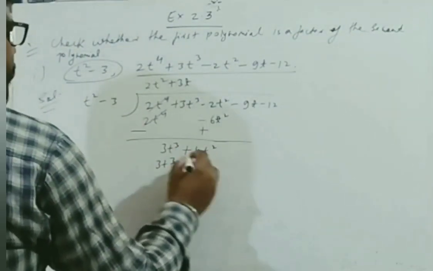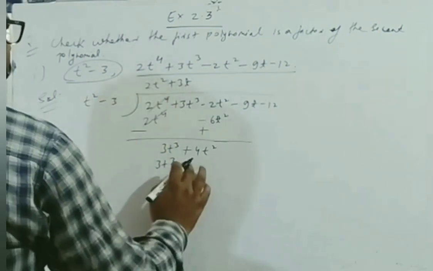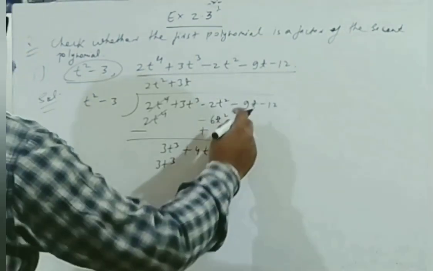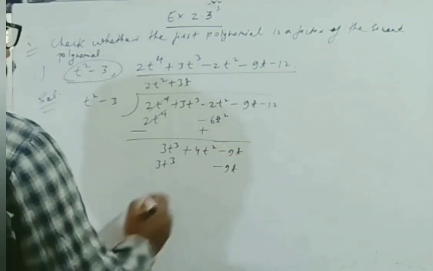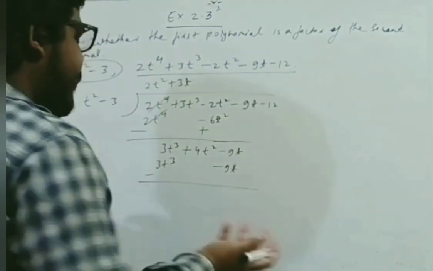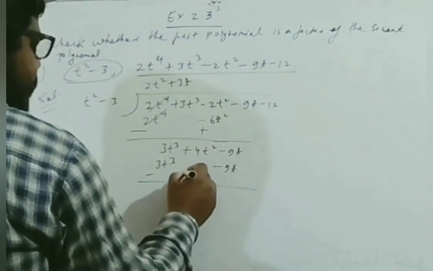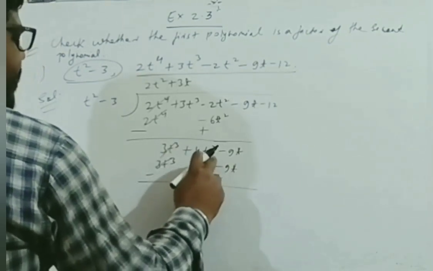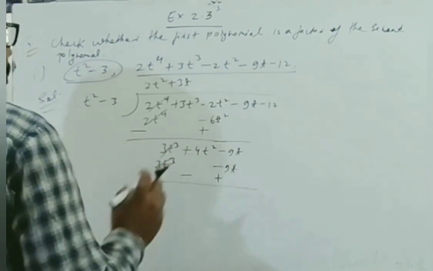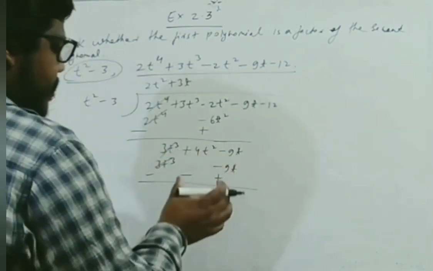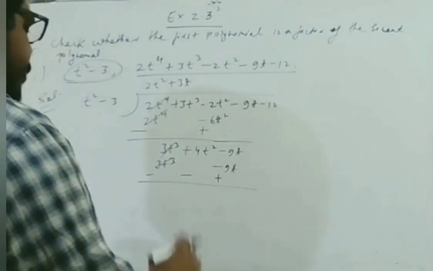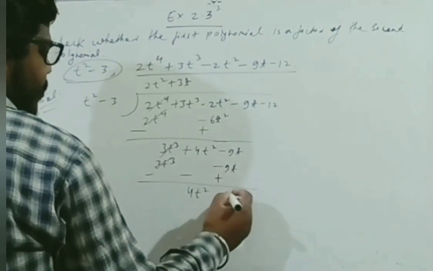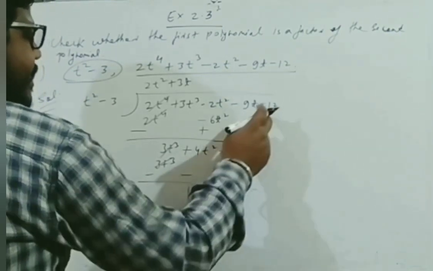Then minus 3t into this is what? Minus 3t into minus 3 is plus 9t. So write it here, and you can write down this term also, for calculation. Next step will be this, but for calculation: minus sign, this negative as it is, minus minus 6. So this cancels out. The sign of the upper part will not change; only the sign of the lower part will change. So this 4t square as it is, plus 9t minus 9t cancels out to 0, and the next term is minus 12.